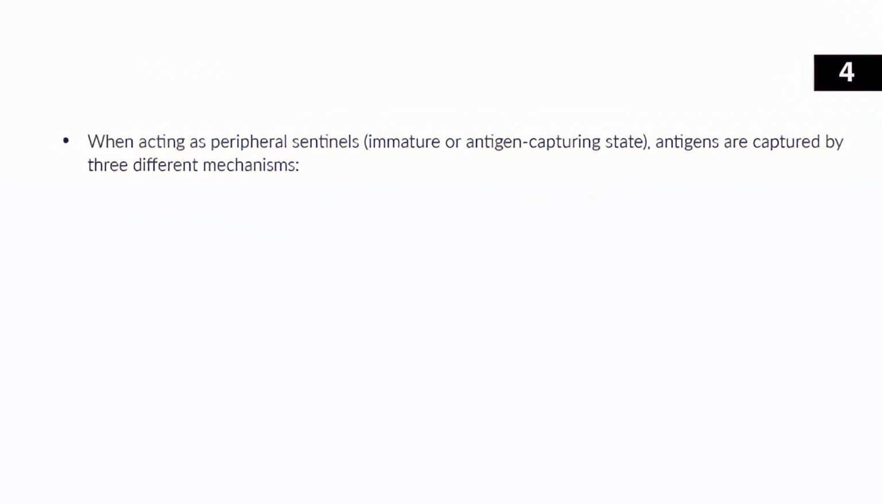A sentinel is like a guard or a watchman or a sentry. This is sometimes called the immature state or the sentinel state. And in that sentinel state, that antigen capturing state, they can capture antigens by 3 different mechanisms. By phagocytosis, by receptor-mediated endocytosis, where the dendritic cell's surface receptors may recognize an antigen and then endocytose that antigen using clathrin-coated pits. And the third mechanism is pinocytosis, which is like endocytosis of extracellular fluid and whatever small particles